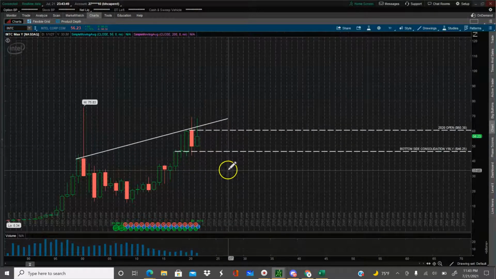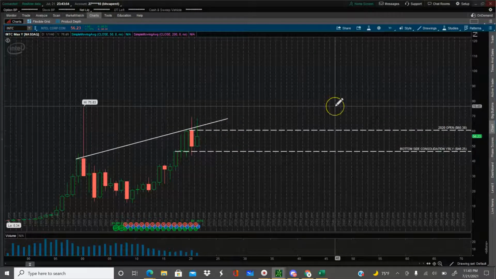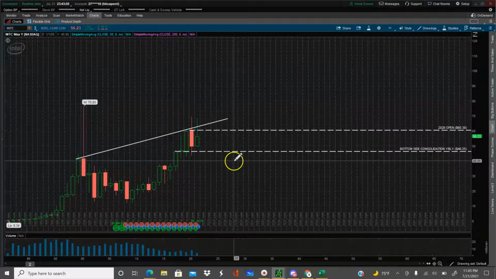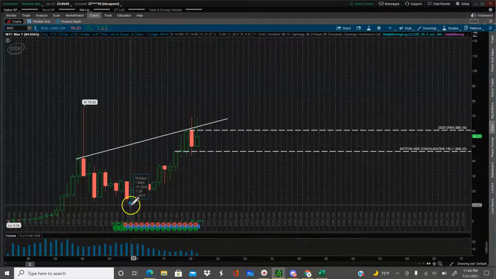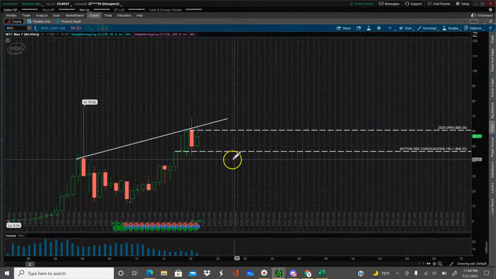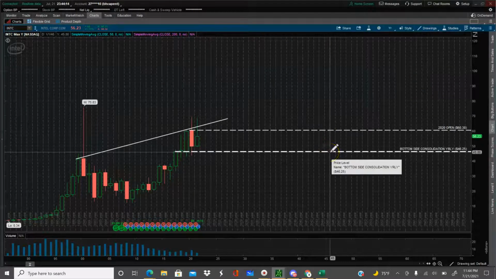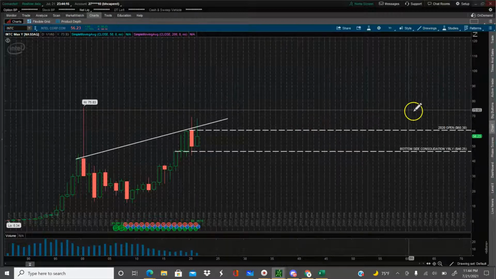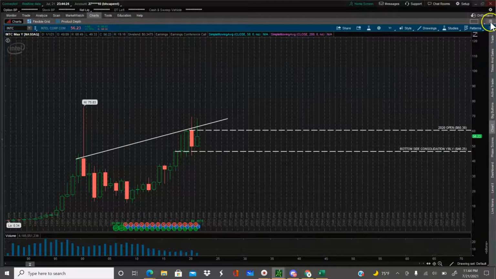So moving forward in the future, that's an area that maybe I would pay attention to. Maybe even this area here, but no, I'm not even going to bother with that right now. But that's an area that I would keep an eye on. But seeing as this is a yearly chart, just think about the time. Let's move on to the